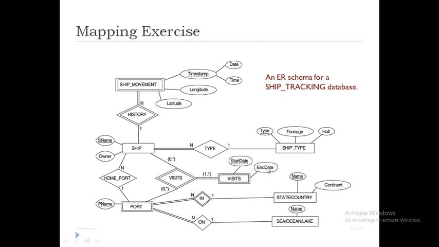Then comes mapping binary relationships. Here one to one is there, you just check. If one to one is not there, you skip that step and go for the many to one relationship. So just try to solve this example or exercise problem. These are the steps involved when you are converting an ER diagram to a relational schema. It is called ER to relational mapping.